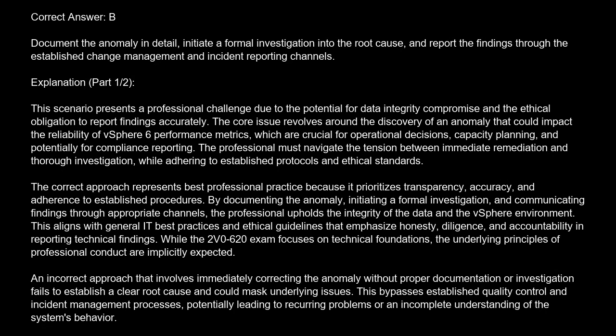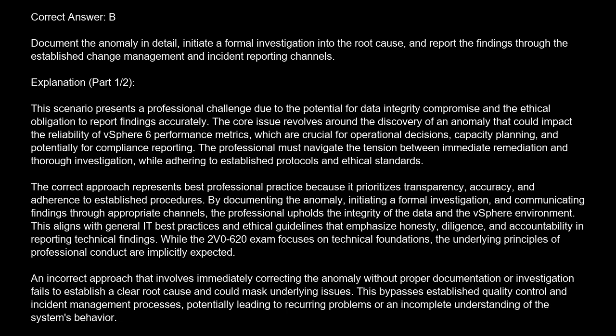The correct answer is B. Document the anomaly in detail, initiate a formal investigation into the root cause, and report the findings through the established change management and incident reporting channels. Explanation. This scenario presents a professional challenge due to the potential for data integrity compromise and the ethical obligation to